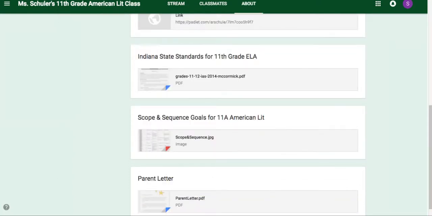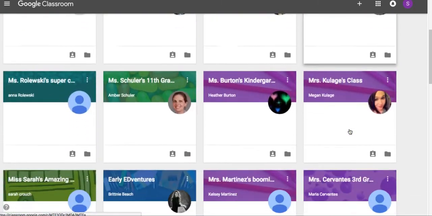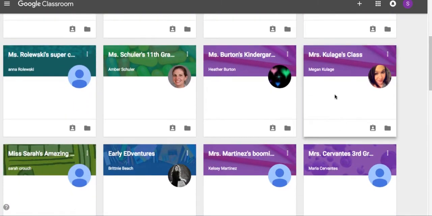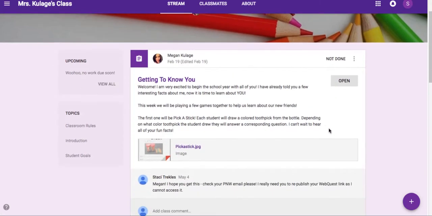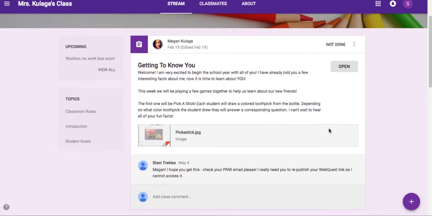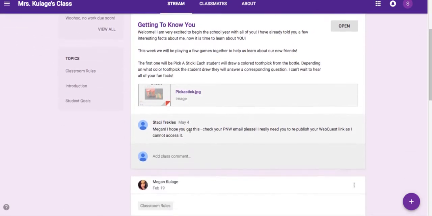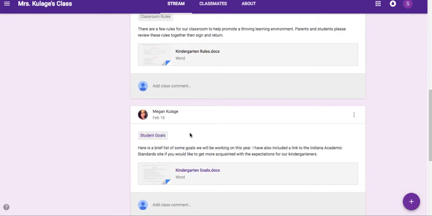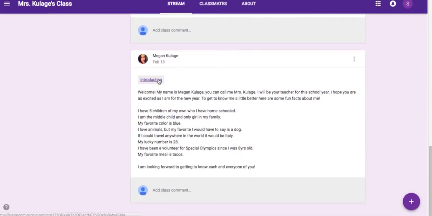So if I go back to here, I'll show you an elementary example. Megan had done a nice one for much younger children, and she also enrolled me in her class as a student, and you can see that she's got everything kind of here on the stream separated with topics. So topics are a way of categorizing things within here because